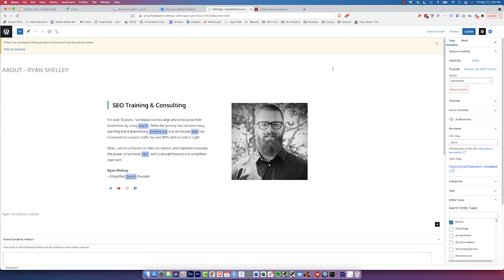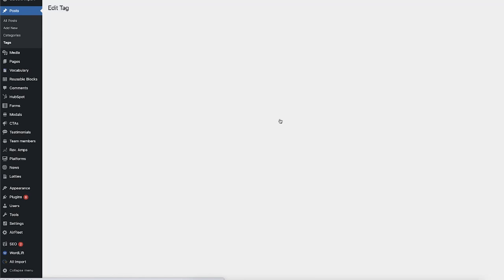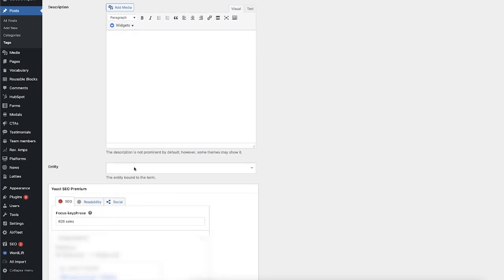And now you can scale it even faster with the new feature that is associated with the tag or category section of WordPress. All right, so to show you this feature, I jumped over to another site. And what's really cool about this feature with WordLift is that it really allows you to bulk add structured data to a number of your blog posts. So you can go into either a category or tag and you click edit. What WordLift is going to be able to do is allow you to attach or bind an entity to this